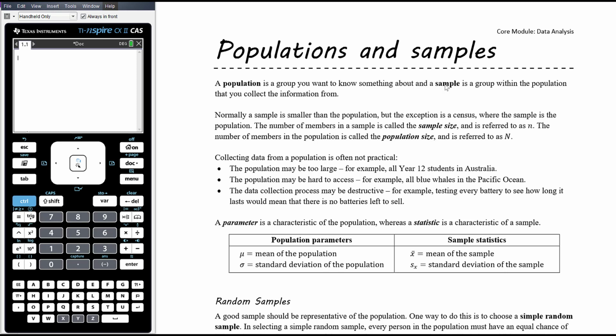So we want to talk about this idea that when we talk about statistics, there's a difference between statistics for a population versus statistics for a sample. A population is a group that we want to know something about, and a sample is a group within that population that you collect the information from. So, if we wanted to know something